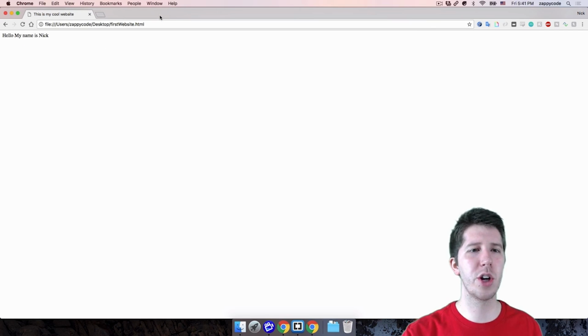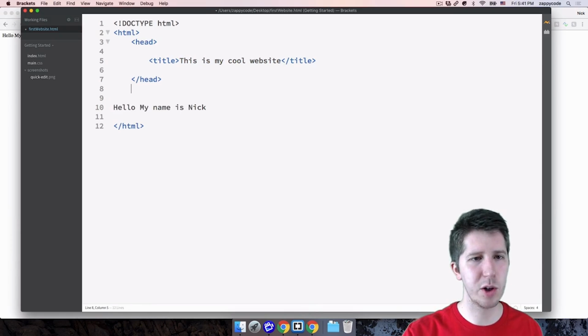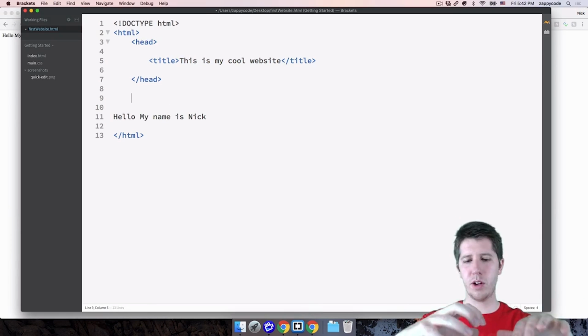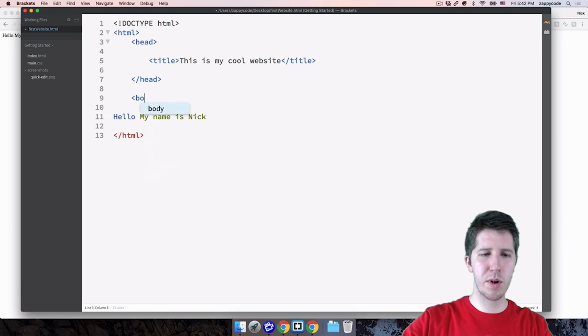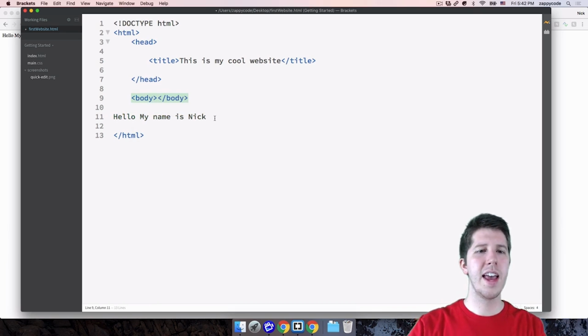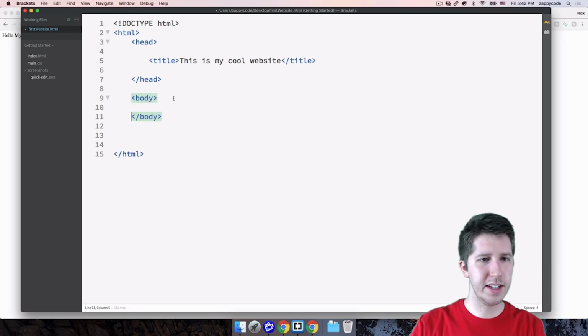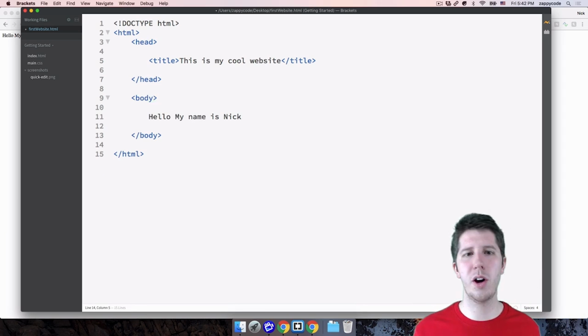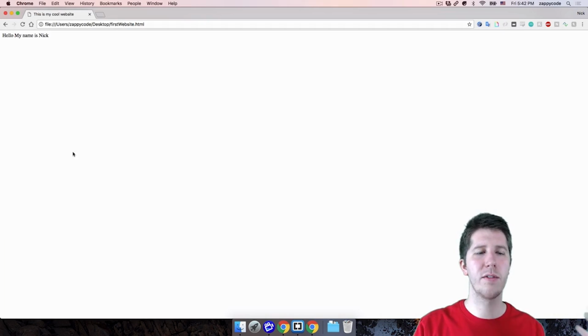So the last thing that I want to show you for the basic structure of an HTML website is we want to do something called a body. So inside the body is where all the core guts of your website are supposed to be. So if I just start doing an angled bracket and then type body and then do my ending one, it makes the stuff there. And for example, our text should technically be inside of these body tags. So if I go ahead and put some text inside of there, hello, my name is Nick. This is considered to be the most basic version of a website.